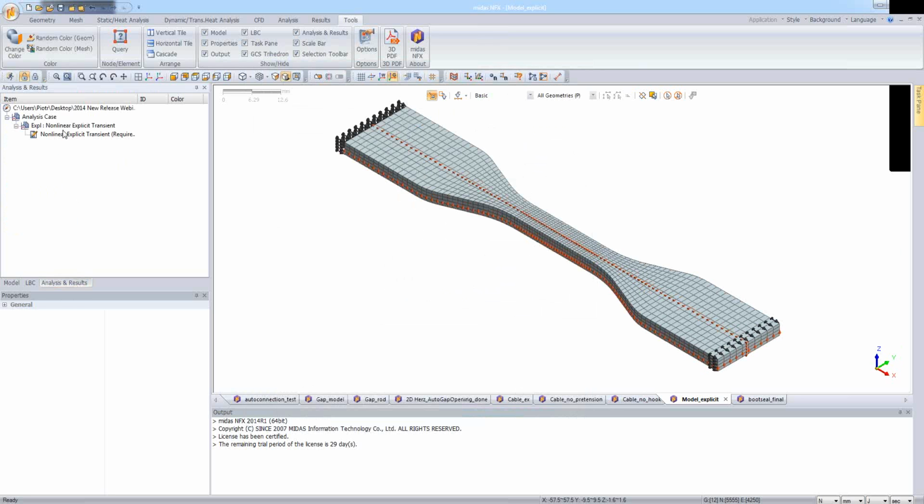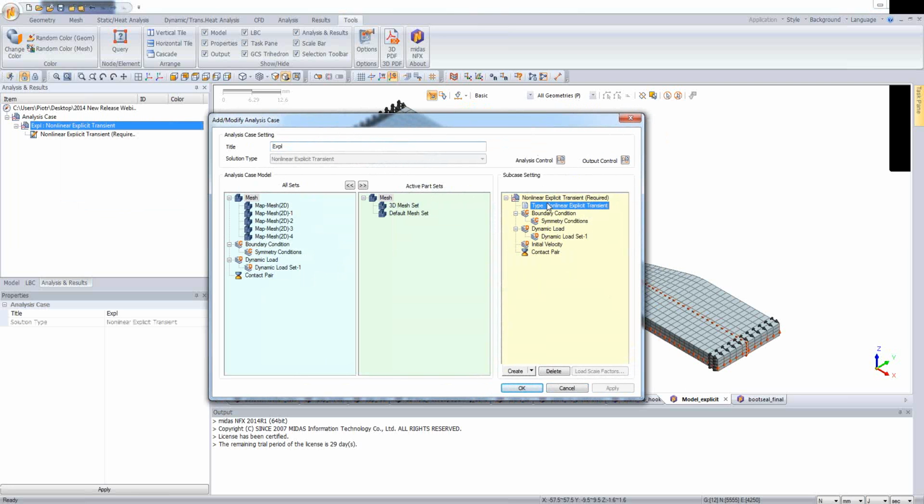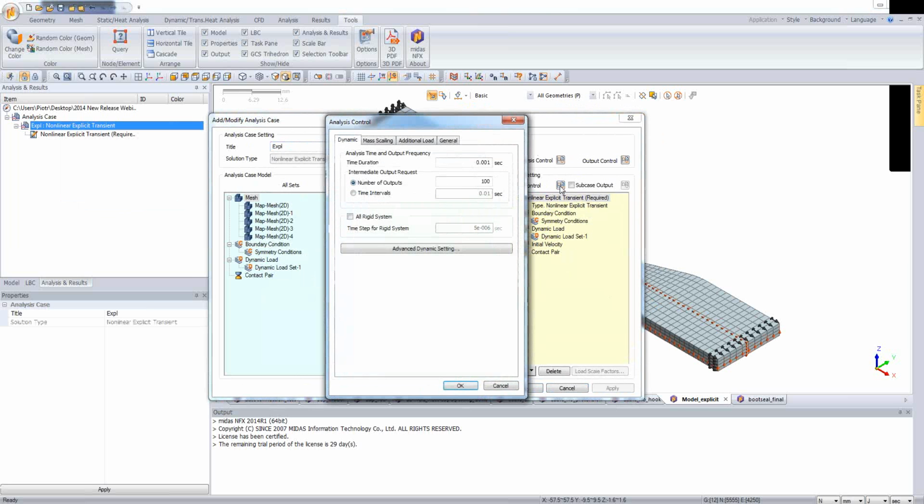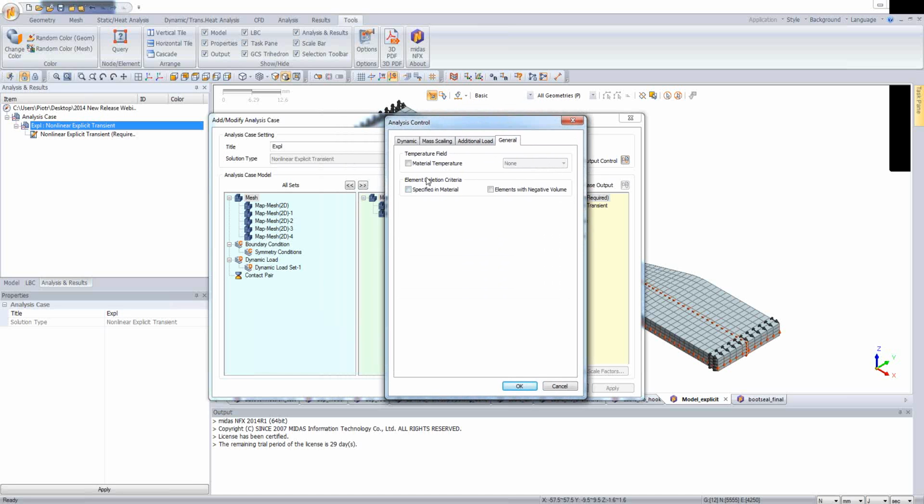deletion. The second one, we have to go to the analysis case and go to subcase setting. So under the subcase setting, I'm clicking on subcase control, and from the general analysis control dialog box, you see we have two element deletion criteria in reference to the solver calculation. So now I'm checking the criteria which is specified in material, and additionally we can check the second option, which refers